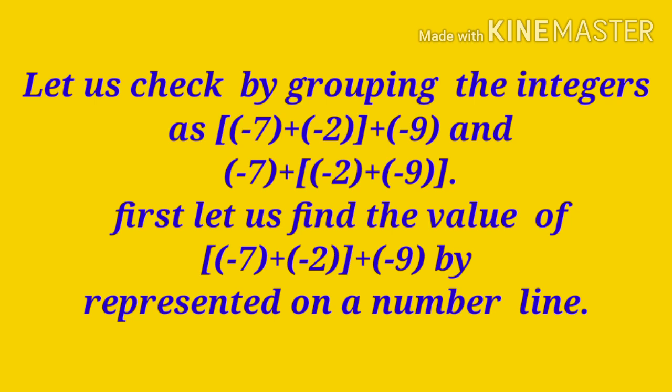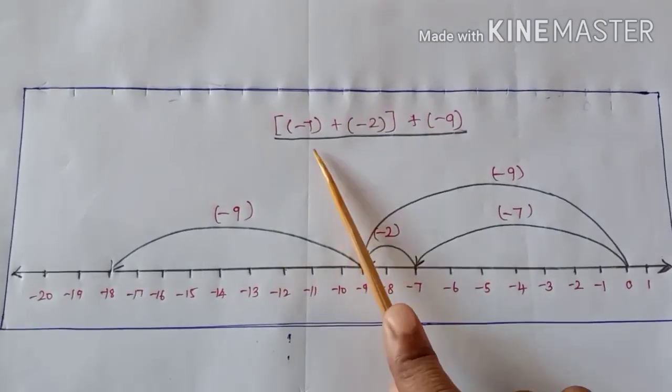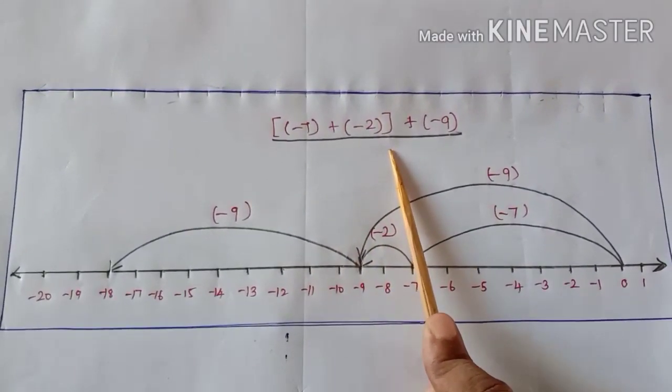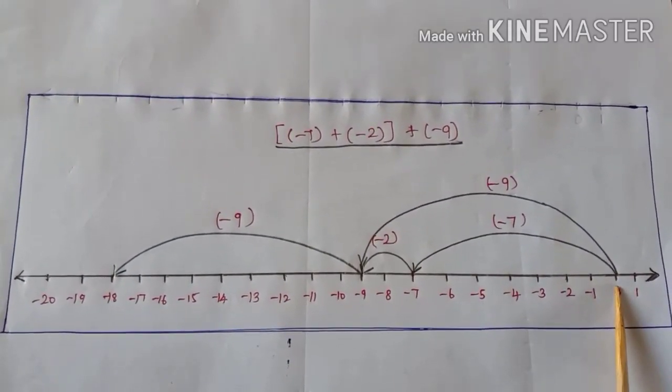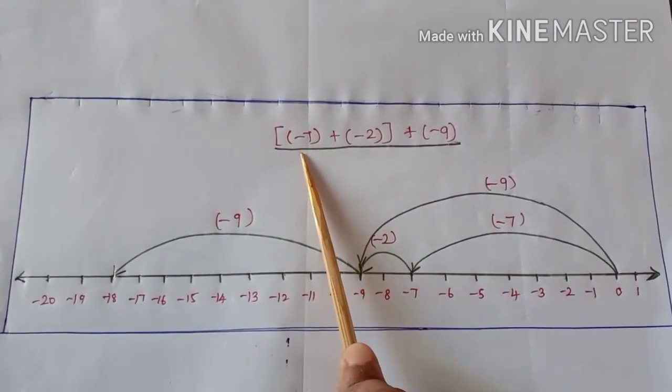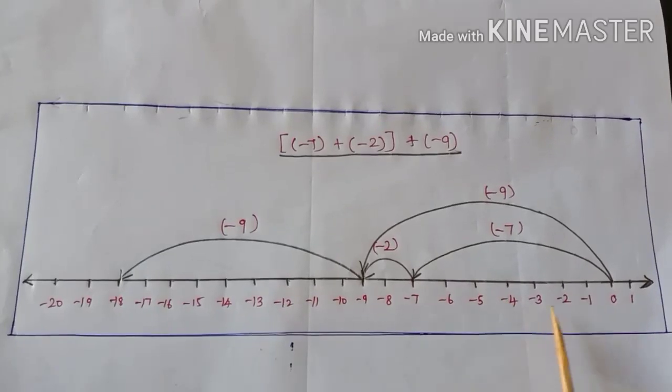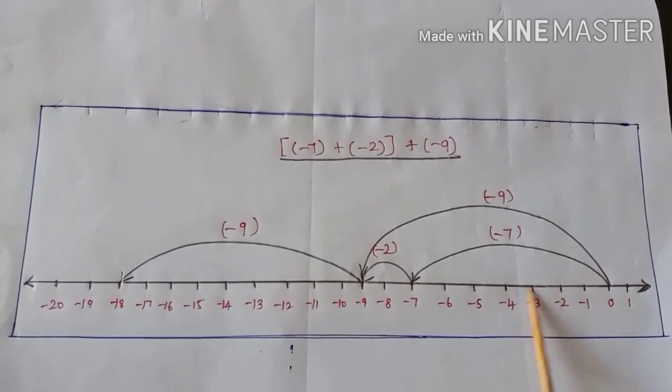Let us prove the associative property by using a number line. For that, first let us find the value of minus 7 plus minus 2 plus minus 9. It can be represented on the number line as follows. First, represent the sum within the bracket on the number line. Start from 0. The first component is minus 7, which is a negative integer. So we have to move 7 steps backward from 0